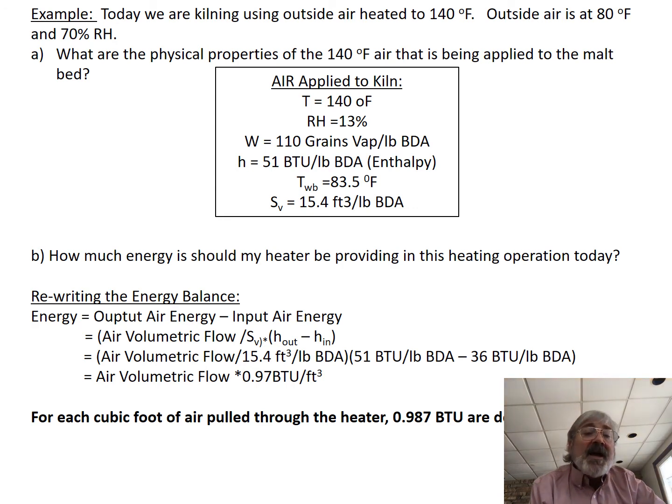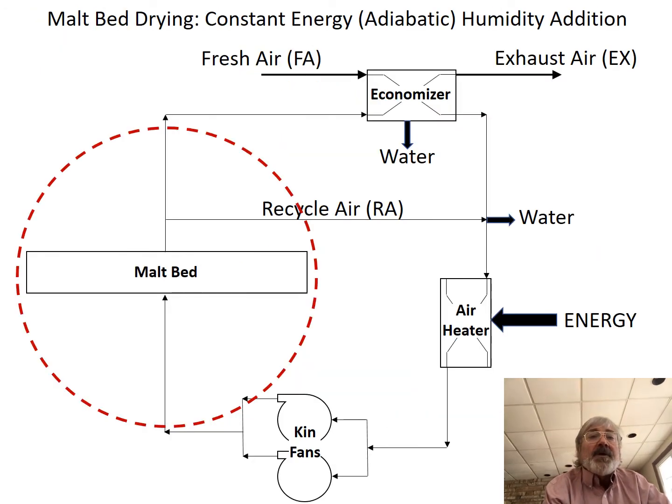Well, I can't even read that. 0.987 BTUs are, for each cubic foot of air I'm pulling through the heater, I am using 0.987 BTUs, okay? There's a lot of stuff you could calculate at this point off of this, a lot of different things, but that's just one example. If I'm looking at now malt bed drying, so now I'm running hot air through a